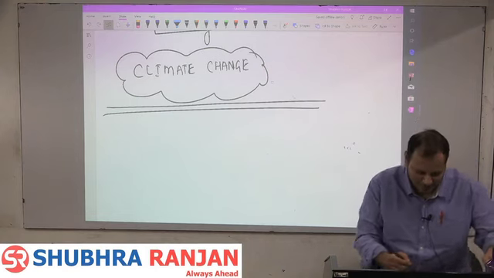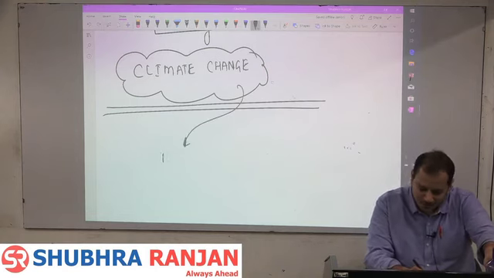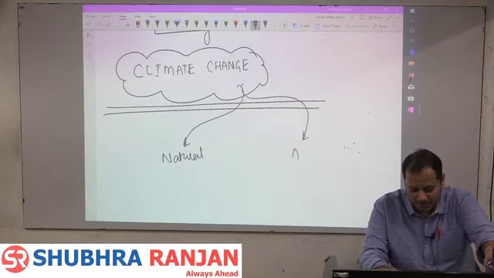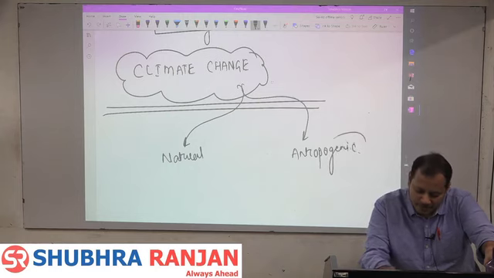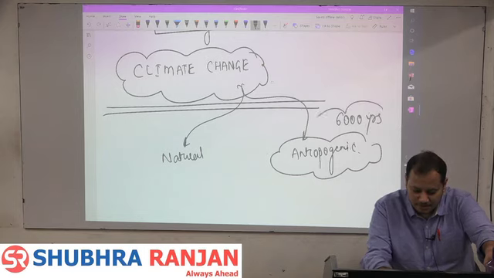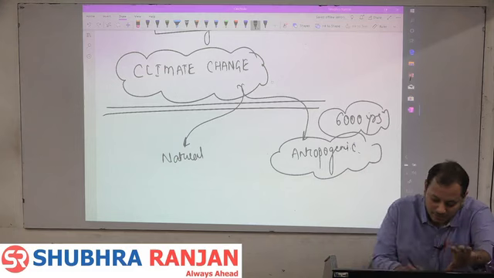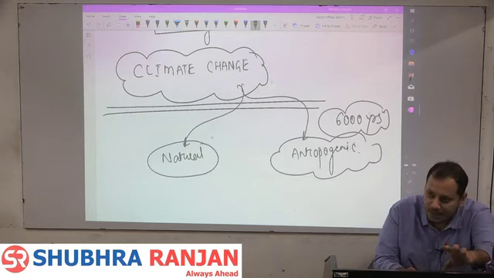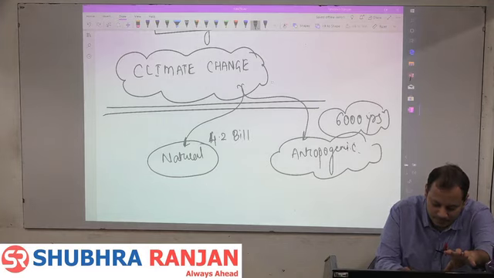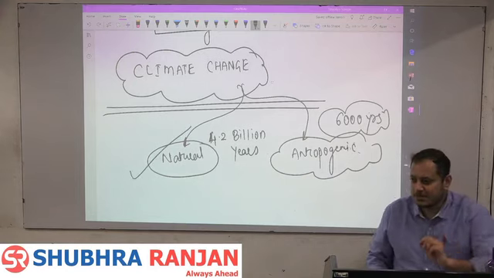There are two reasons for climate change. One is natural and there are anthropogenic factors. The anthropogenic factors are changing the climate only for the last 6,000 years, we can say. And we are not very sure whether this is occurring or not. But the natural factors have been changing the climate for billions of years. It is this topic which is present in optional.